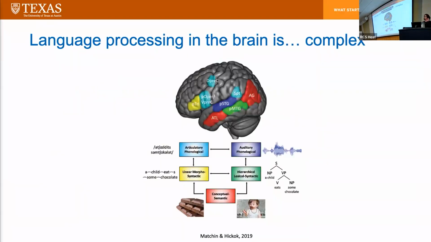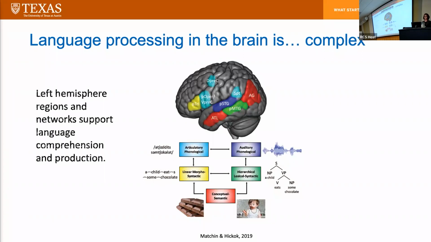And I'll spend all of one slide talking about the complexity of all of the component neural processes that allow us to comprehend and produce spoken language. So this is a largely left hemisphere supported process, so mostly on the left side of the brain in most people. And you see in this cognitive model, actually it's a neural model where we can see mappings of certain functions onto specific regions in the left hemisphere, that there's quite a lot of complexity here. And if you think about it,